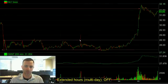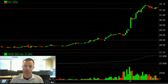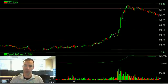So let's just zoom in on that a little bit more so we can kind of see what that looks like. So this is what caught my attention. This is why we talked about it in the morning meeting, because it consolidated above 28.5 and closed strong at 29.5, and at a minimum you want to see what it would do here at this 30 level, which was